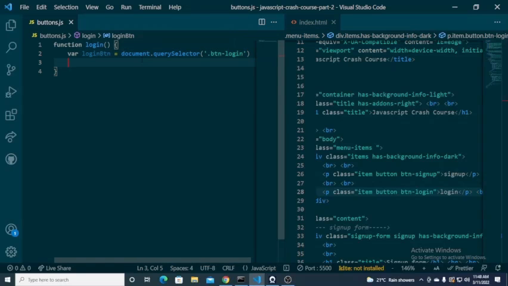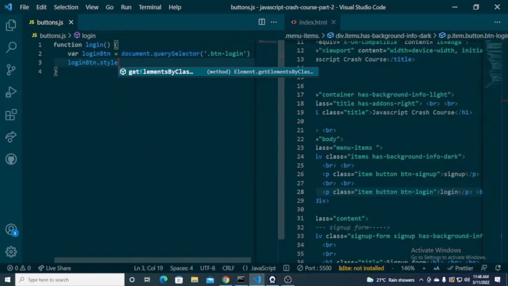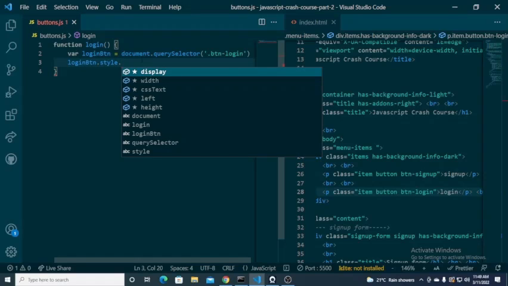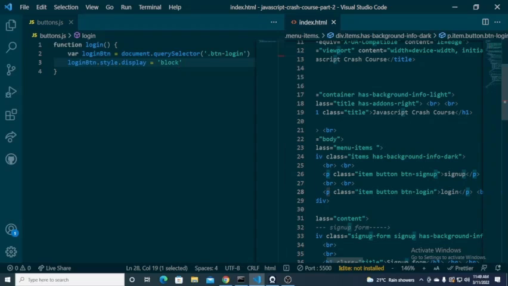And then I'm just gonna say loginBtn dot style. So now we are styling, right? Dot style, and then dot display, and then after you say dot display, you must pass in an equals to, and then this takes the key value pair that it's supposed to have. So I'm just gonna say block just to show that, and then here on the paragraph I'm gonna have an